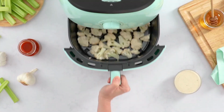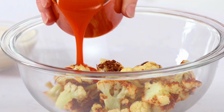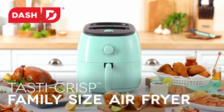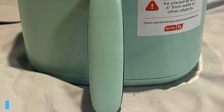You'll appreciate the versatility of this little powerhouse. It's not just for frying. You can roast, bake, and reheat a variety of foods. Whether you're cooking up some chicken wings for game night or reheating last night's pizza, this air fryer has you covered. The Cool Touch handle adds an extra layer of safety, allowing you to check on your food without